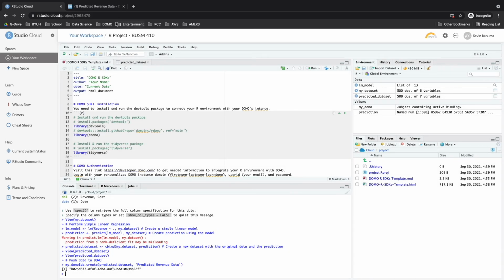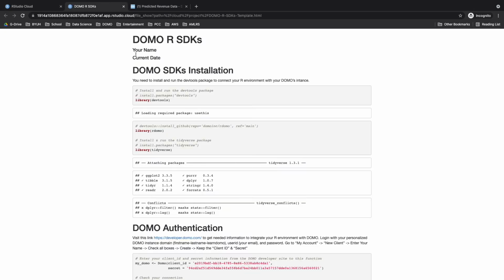But for your part, the HTML file might be opened in another tab up here, and then you can access the new HTML file that you just created by going to the Files section in this part. Now you see that there is this DOMO R SDK template HTML, so you can click it and then view in a web browser. This is the one that you need to submit,